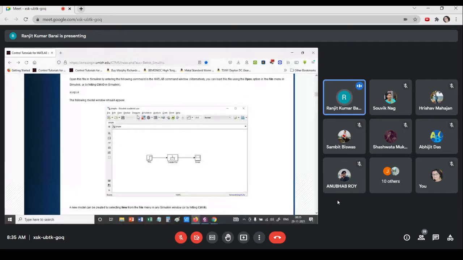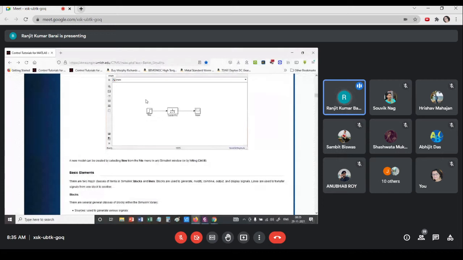Every version they change something. So I think this is the library. This icon is for the library. If you click on it, all the groups will appear, like source. This will come under the source library. This is the sink library. Sink means where the final things will be dumped. So the oscilloscope is one such device, and it falls under that group, sink. And in the linear system group, you will find the transfer function.